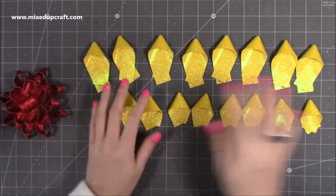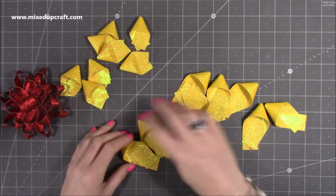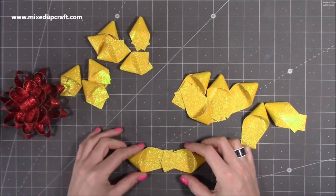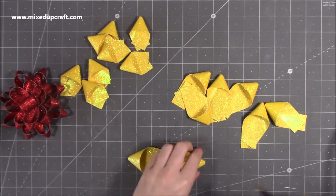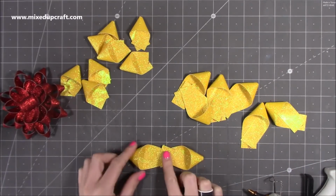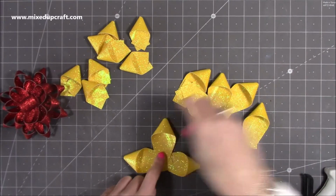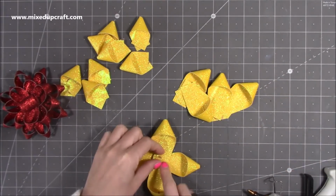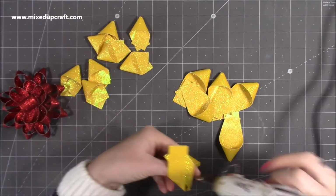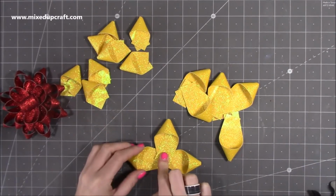So now constructing it, it's very, very easy. So grab your largest ones first, and you're going to put 2 of them together like so. So again, just going to bring in my glue, just a little bead of glue underneath, and just stick that over the top, and it will grab very quickly. And then you're going to do these 2 like this. So you're going to have the 4 together. So again, just going to pop a little bit of glue like so,